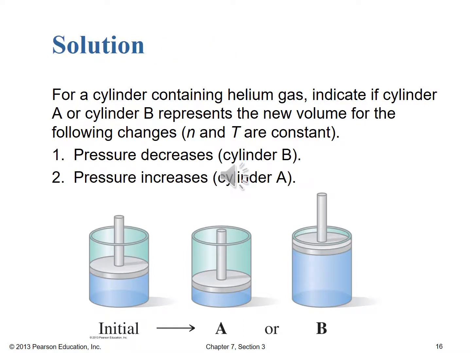Okay, and hopefully you had little trouble with this one. So it was fairly obvious, I hope, that number 1, where pressure decreases, correlates to cylinder B, where we increase the volume to decrease the pressure, and therefore we've moved the piston up on the cylinder. Likewise for number 2, to increase pressure, we have to decrease the volume, and that should be cylinder A, where we've taken that initial piston and moved it down to allow for an even smaller volume of gas sample